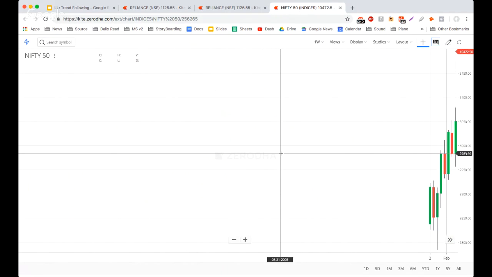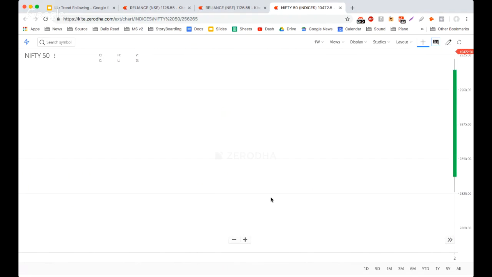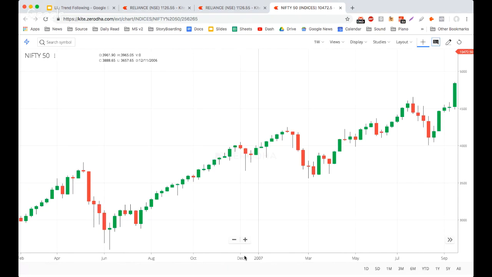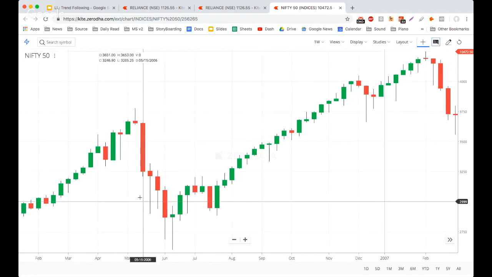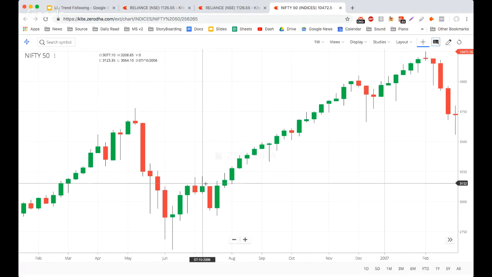Okay. Now the weekly chart, guys, works best. Don't do this on a daily chart. Actually, the weekly chart for an uptrend works beautifully. Let's see some examples. This is 2006. Look at that. The swing high broke here and the new uptrend began. How beautiful is that. Look at that.